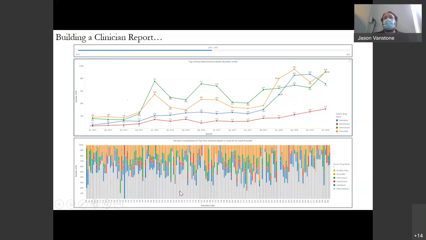And so this is interesting too, because prescribers could look at this and you'd have some prescribers like this person in here, where it's mostly green, which I think is azithromycin. So you can see that the majority of their prescriptions are actually attributed to azithromycin, whereas maybe someone else, they're actually for amoxicillin. Or some people have a larger group of other things and don't prescribe as much of those. So it allows people to look and see what the variation in practice is and start to think about, do I need to be prescribing as much azithromycin as I do, or is amoxicillin a more appropriate antibiotic for some of the things that I'm prescribing for?